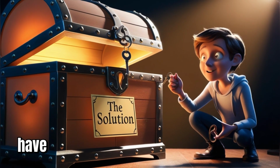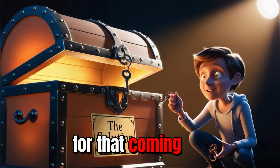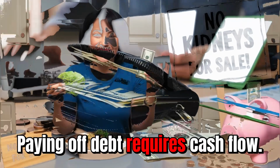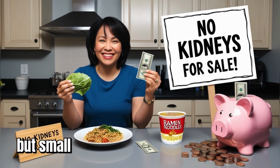But what if you don't have extra money to start this process? Don't worry, I've got a solution for that coming up. Step 3. Find extra cash. Here's the deal. Paying off debt requires cash flow. You don't have to sell your kidney or eat ramen noodles for a year, but small changes can make a